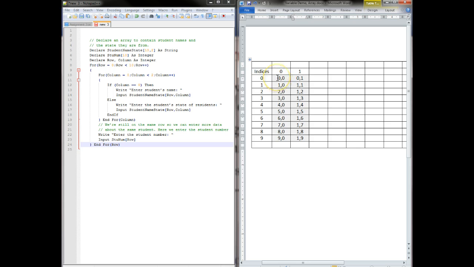Now, with a multidimensional array, you're going to have two numbers that create that index. So this memory location is going to be 0,0, and then 0,1. That's for the first row. Again, these are rows and these are columns. And then 1,0, 2,0, 3,0. Again, rows and columns. So keep that in mind and try to wrap your brain around how that works with multidimensional arrays,